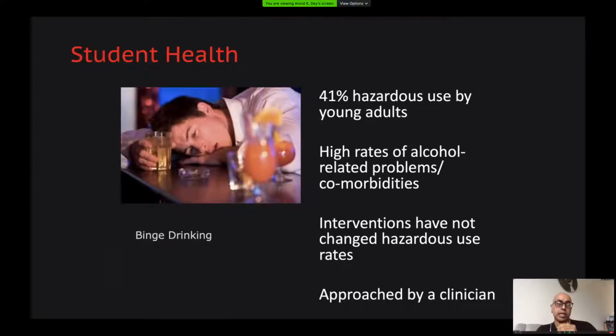And so I started thinking about whether there are opportunities for us to use routine information to tackle issues of student health. The first example I wanted to walk you through very quickly is in the area of substance abuse, and in this case, binge drinking. So 41% of young adults abuse alcohol. That does not mean that they're alcoholics, but it does mean that they drink to excess. There are high rates of alcohol morbidities and comorbidities. There is lots of evidence to show that current interventions are not successful at changing these hazardous use rates, these